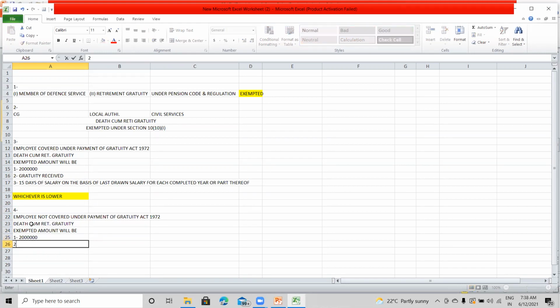Number two, gratuity received. And number three, half a month of salary